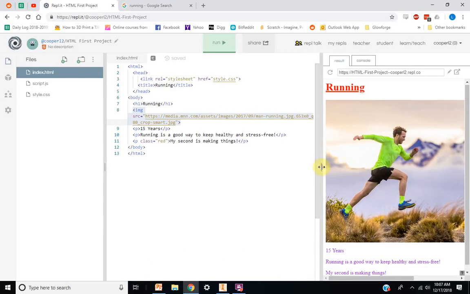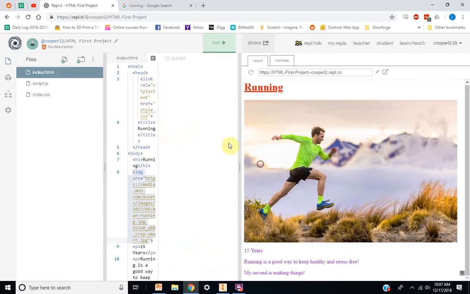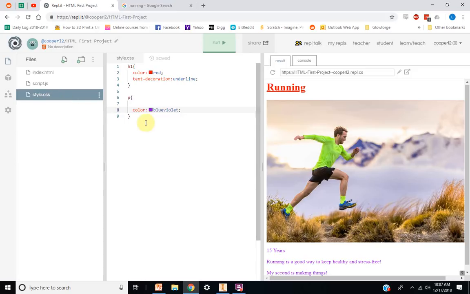So I like the picture. Maybe I think the picture's a little too big. Well, you know that you can edit things in CSS. So if I want to edit a picture, how might you do that? So maybe you want to try it and pause it. But this is how you do it. I'm going to use img, open the curly brackets, and